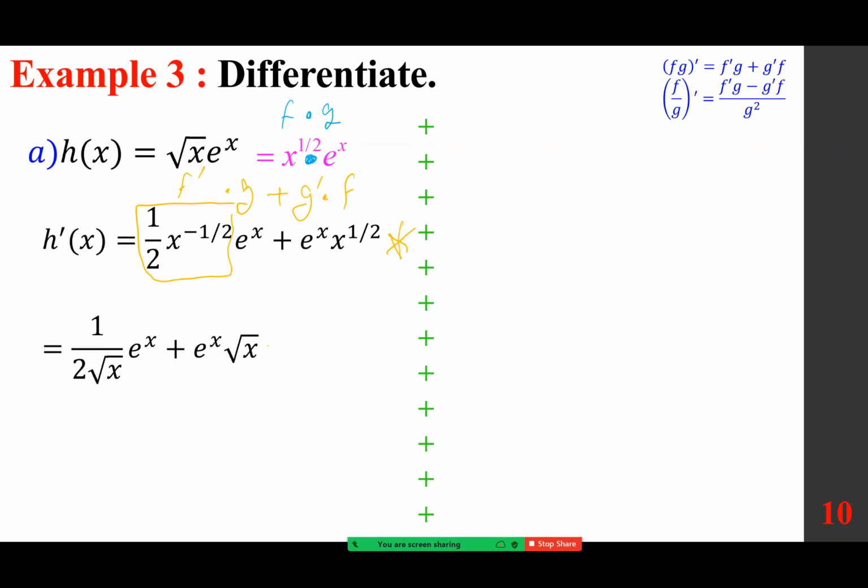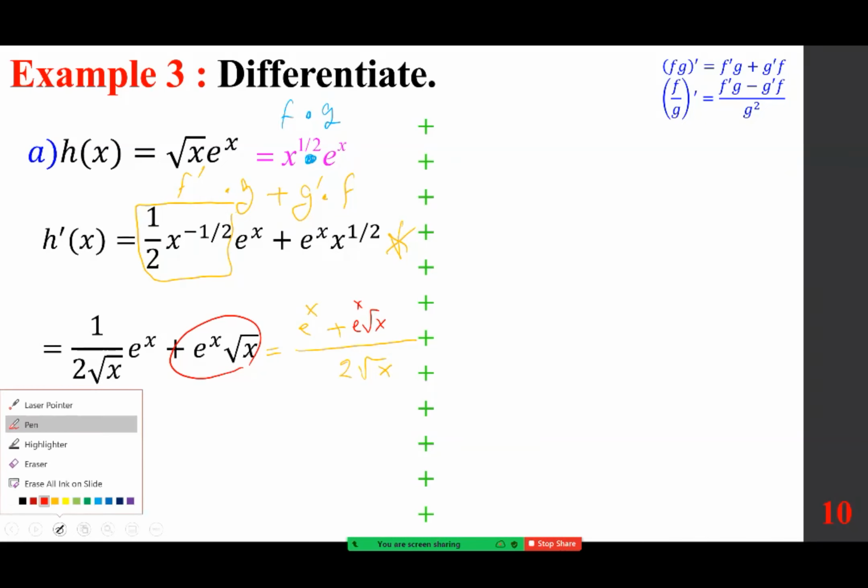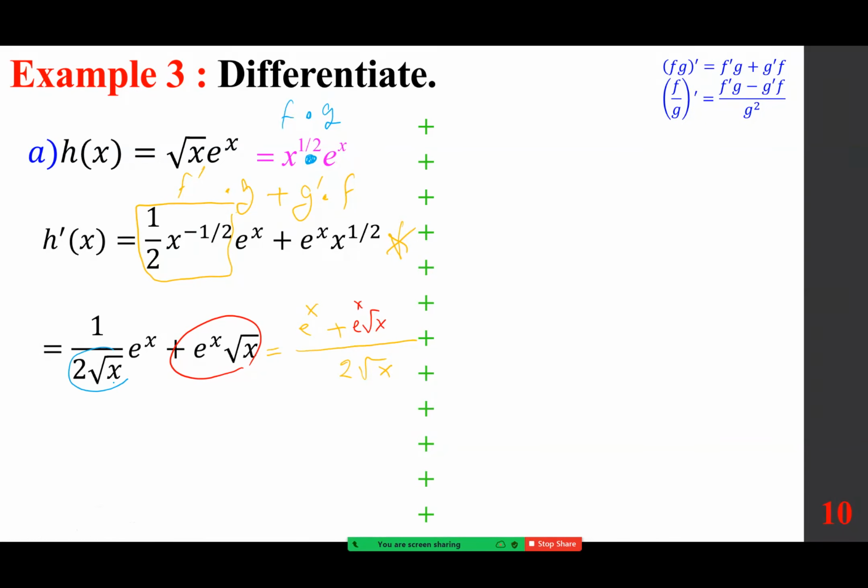So if we take the common denominator of 2 square root of x, so this is simply e to the power of x, plus, if I write this in a different color, then in order to raise this, I need to multiply by this denominator, which becomes 2 square root of x. And as you can see, the numerator is